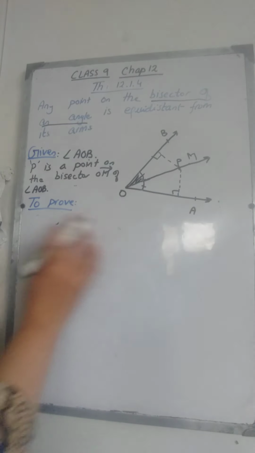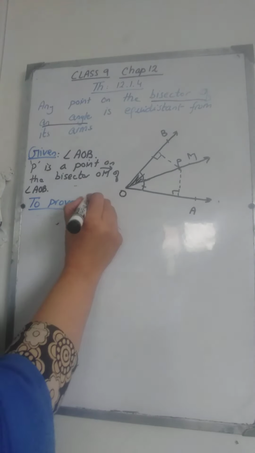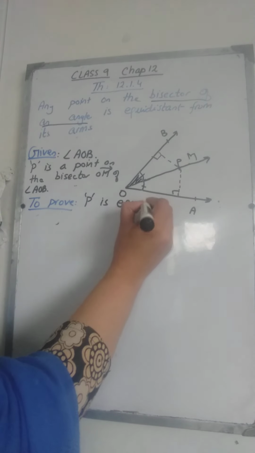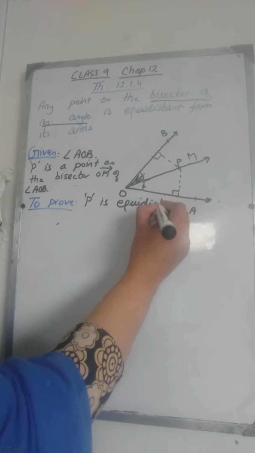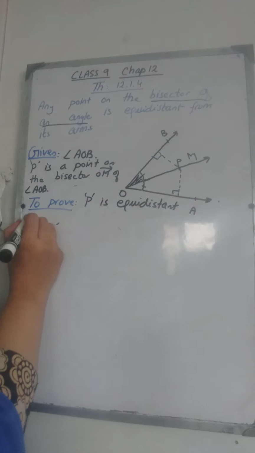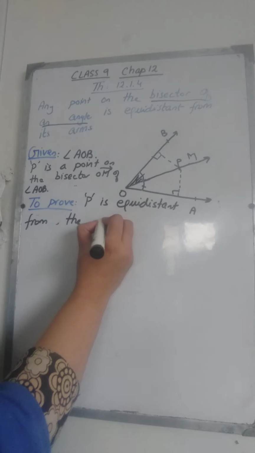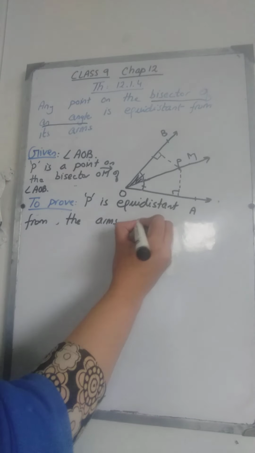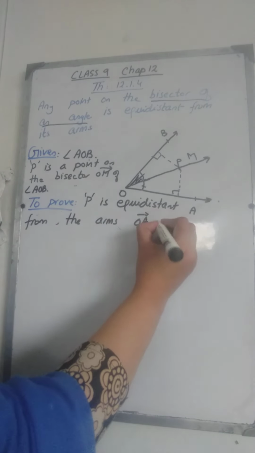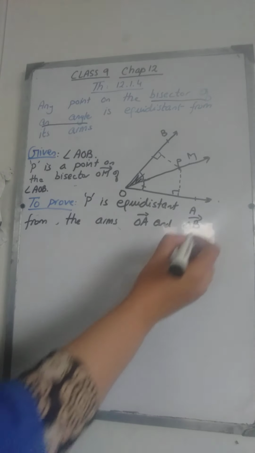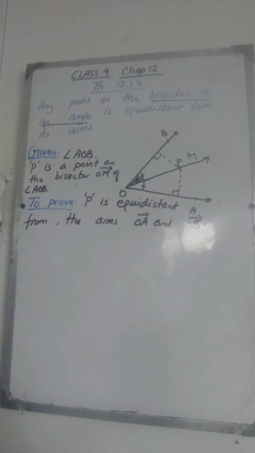This is the construction. I will write it here. To prove that P is equidistant from the arms OA and OB, in construction what we are going to do,